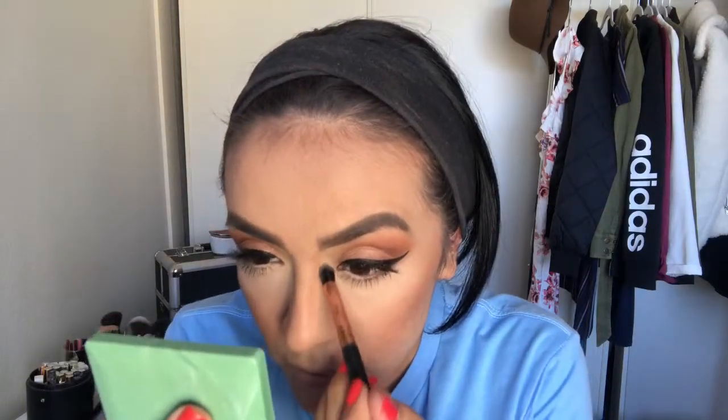So I got some mascara. So I'm letting it dry. That way I'm able to take it off. It's just not my cup of tea, guys. I'm gonna put a little bit on the tip. I do like to highlight my Cupid's bow and then my...